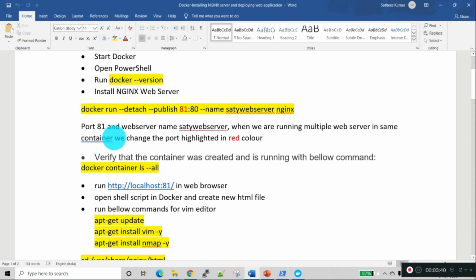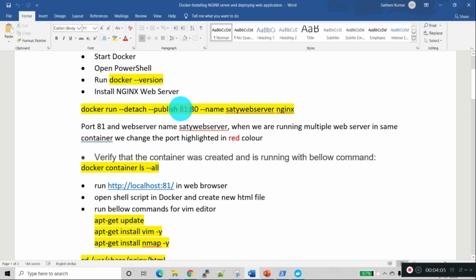Now we will install the Nginx server in our Docker. This will be understood by Docker as a container. So this is the Docker command: docker run --detach --publish 81:80.